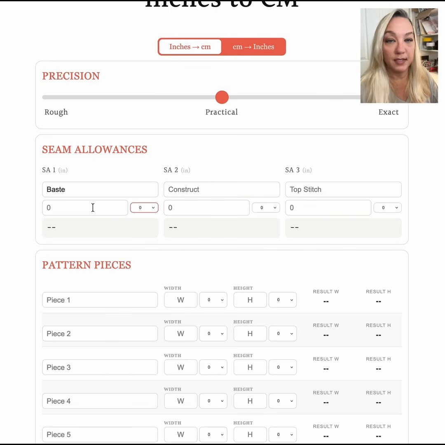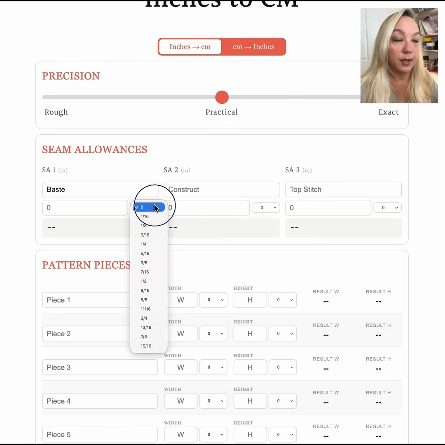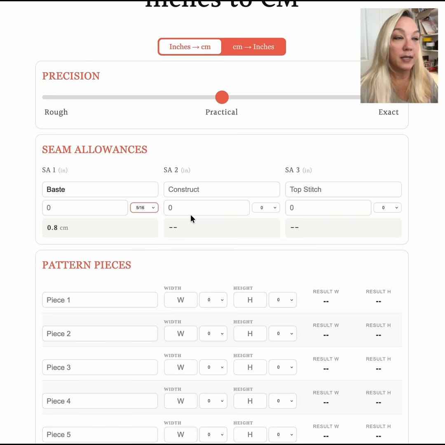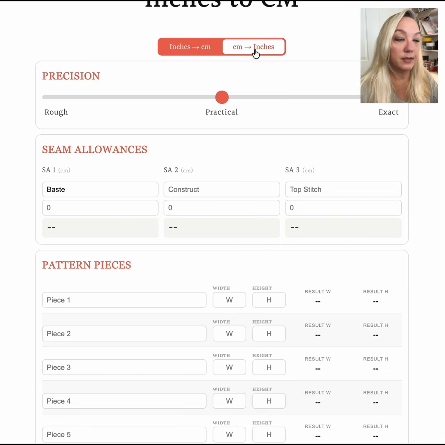I don't know why you would need a whole number. Typically, when you're basting, you're not going to do an inch plus of a baste stitch. So you have just a drop down here that has all the way up to 1/16 of an inch. But as an example, if you do 5/16, it will convert it to centimeters. One of the things I will note is that when you switch from centimeters to inches, if you watch, all of the fraction areas do